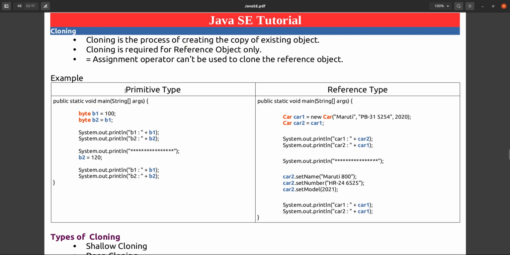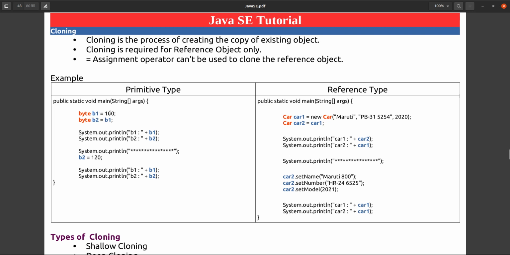Suppose here we have two examples. First one is related to primitive data types, second one is for reference data type. So in primitive data type, if you see here, I have declared two variables of byte type named b1 and b2.